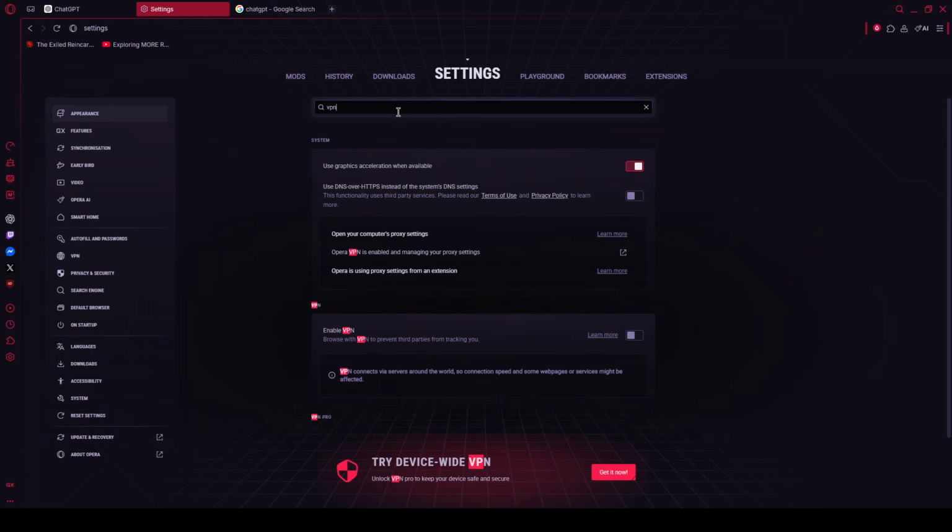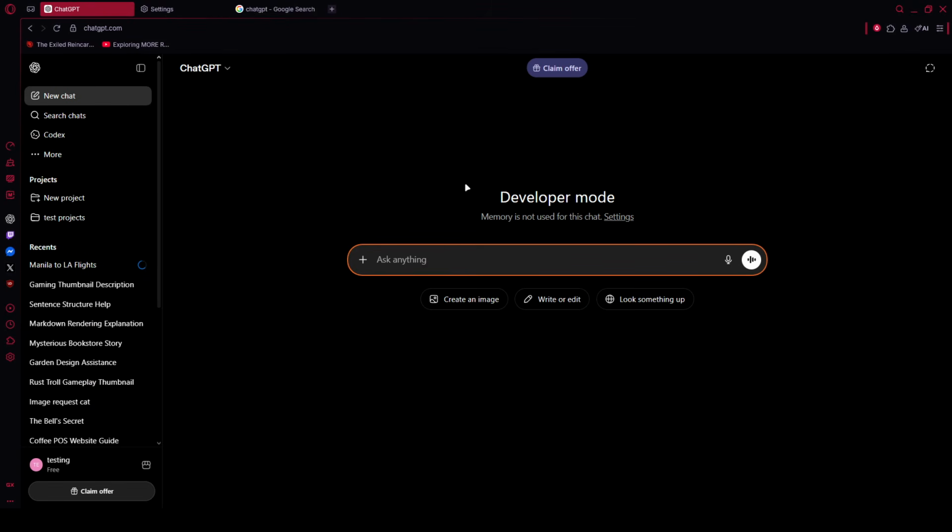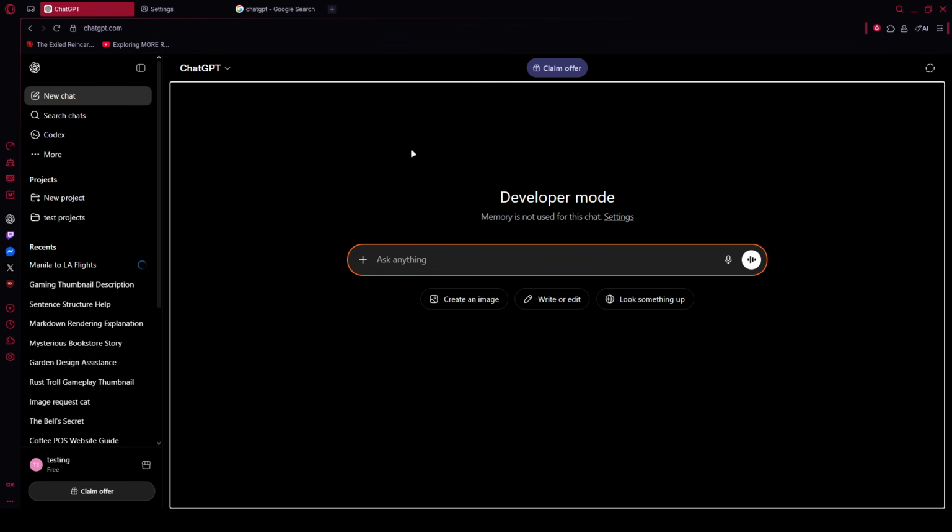As a final step, verify whether the issue is global. Visit status.openai.com to check for outages. You can also try ChatGPT in an incognito or private browsing window. If it works there, a browser extension or cookie is likely